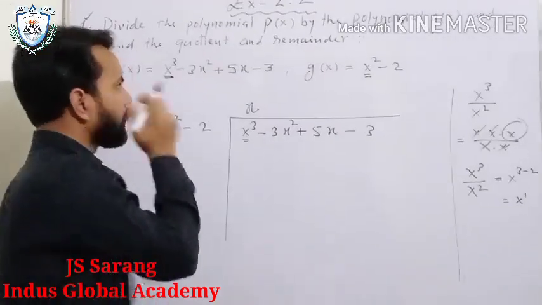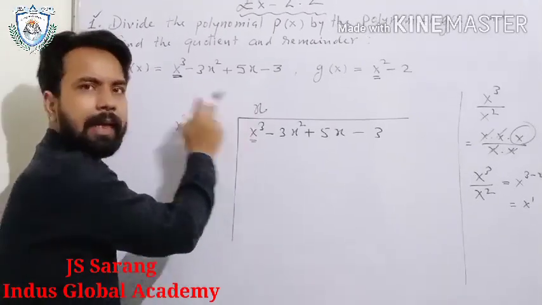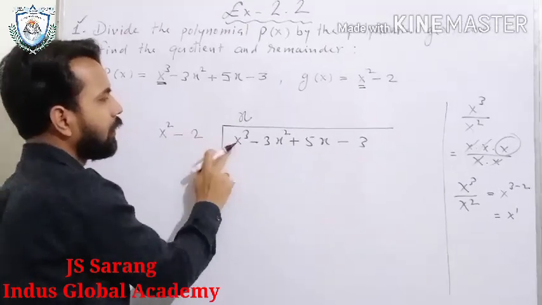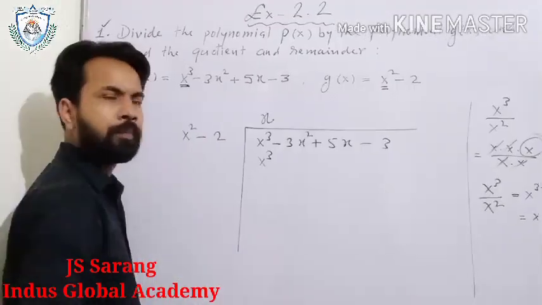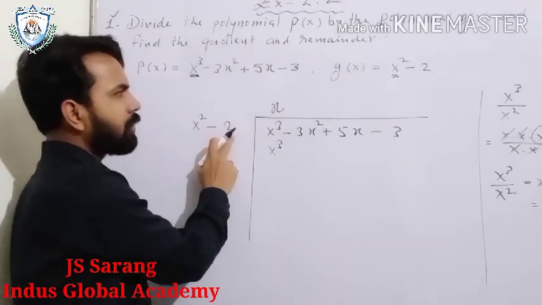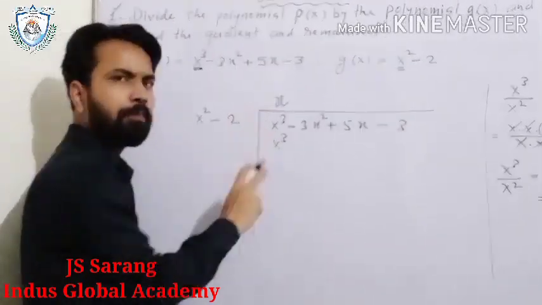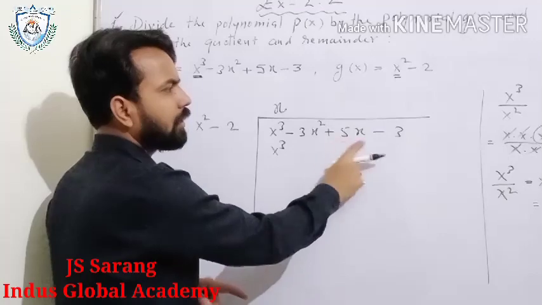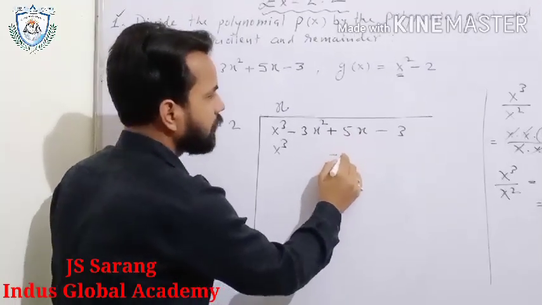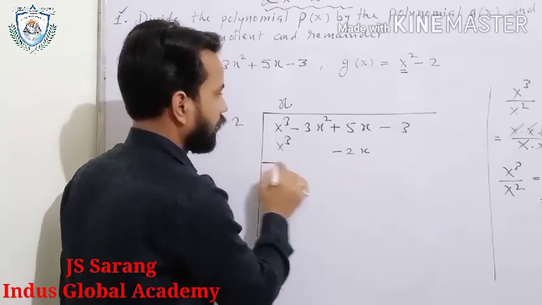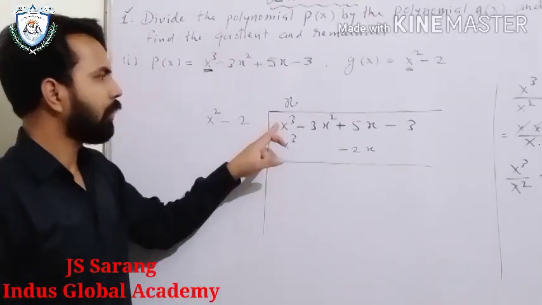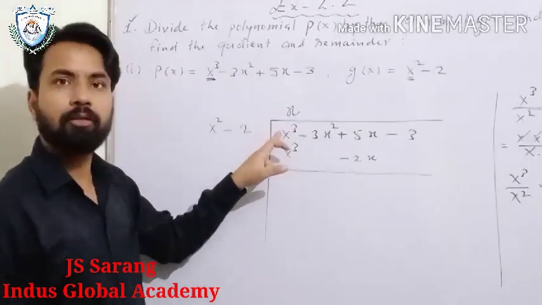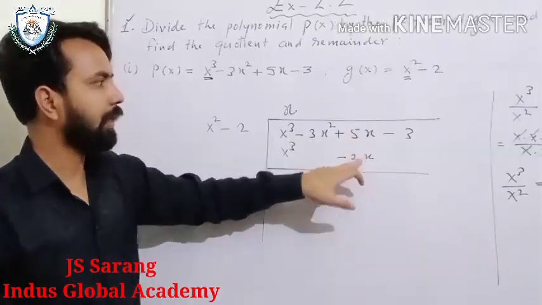Now, we will multiply this divisor by this x. So see, x is multiplied by x square. So x square into x will give you x to the power 3. Now this x is multiplied by minus 2. So minus 2 into x, we will get minus 2x. So minus 2x will be written just below the term which is having x. Are you getting this? We will write x cube just below the x cube term of p(x). Similarly, 5x and 2x we will write together.